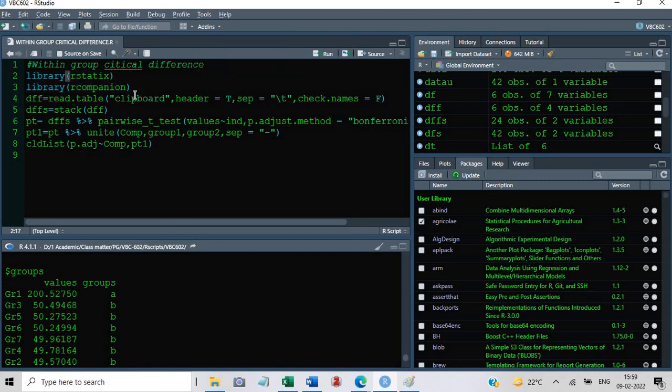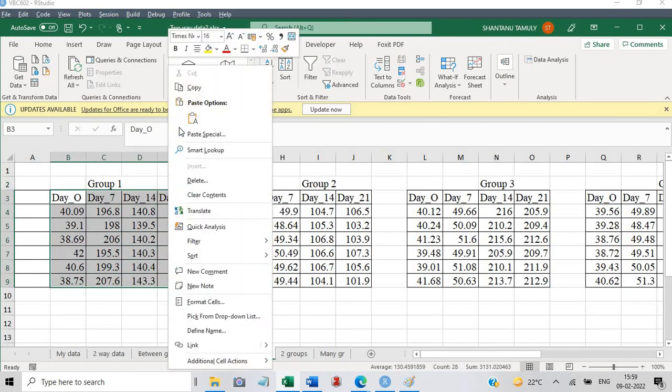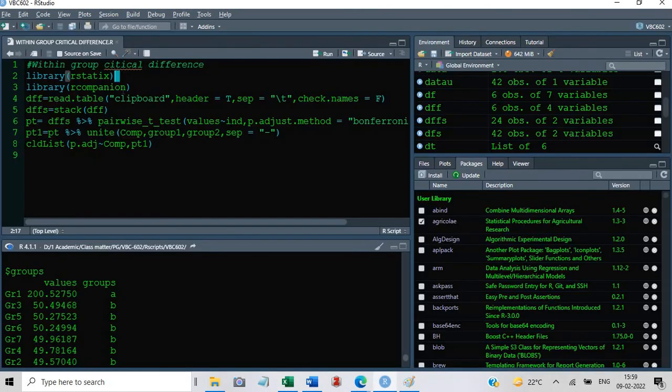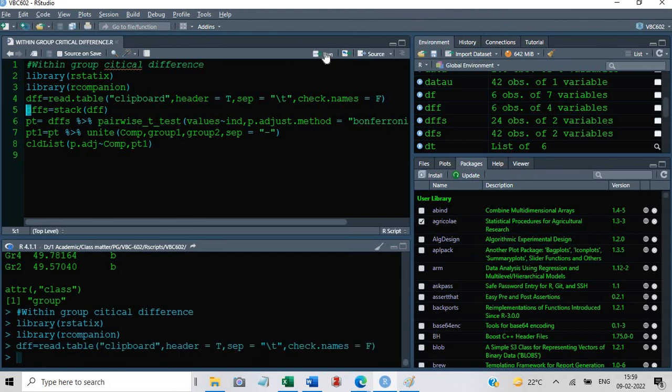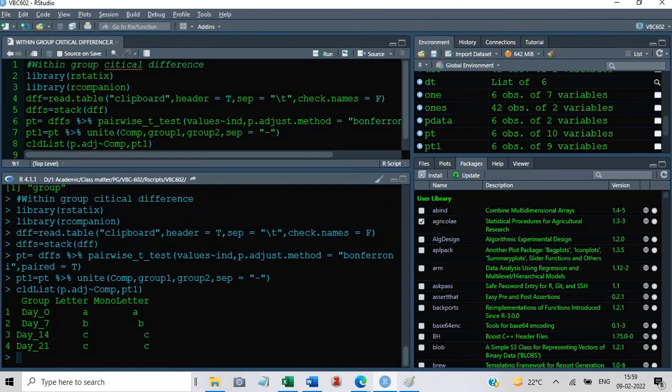Now I need to find out, in group 1, which days are different. Let me select group 1, copy. Then from here I will start, run. Now at the bottom you see, day 0, the software has put the letter A, day 7 B, day 14 C, then C: A B C C, something like this.